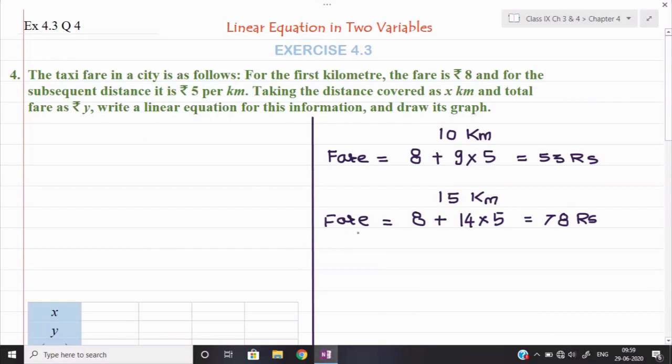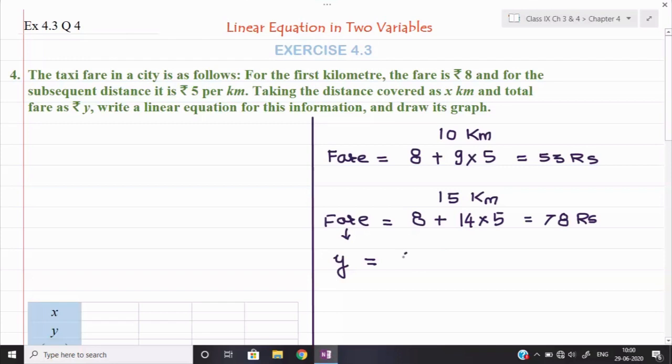So now suppose I take this equation and say take the fare as y rupees, because we are going to generalize our given equation. In that equation, if I directly put the number of kilometers, I will get directly the value of fare, which is y. See how we can make a formula for this condition. So the fare, they are saying, take it as y. Now we know that in the equation the first value is the same each time, 8, because whether you go for 10 kilometers or 15 kilometers, the value 8 is not going to change.